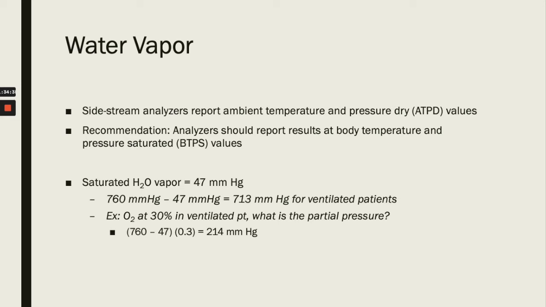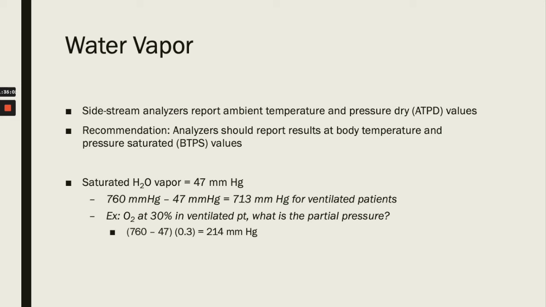You subtract the 47 millimeters of mercury, and that gives you 713. Then you would multiply that by 0.3, and that would give you the 214 millimeters of mercury. So that would be your partial pressure in that particular patient. Your partial pressure of oxygen, 30% oxygen,